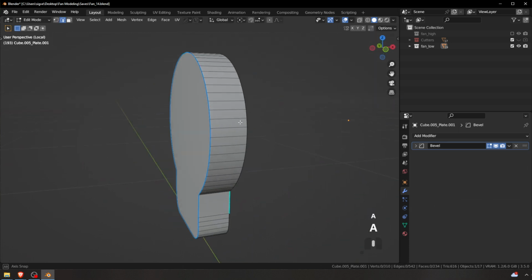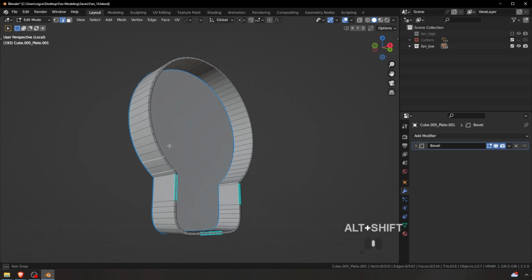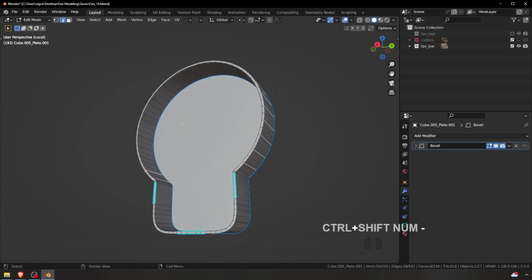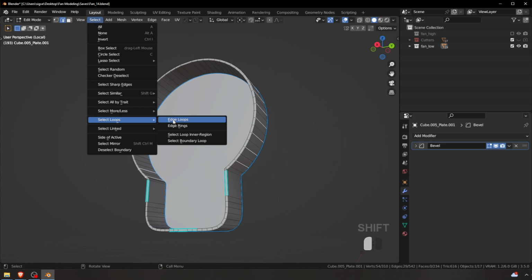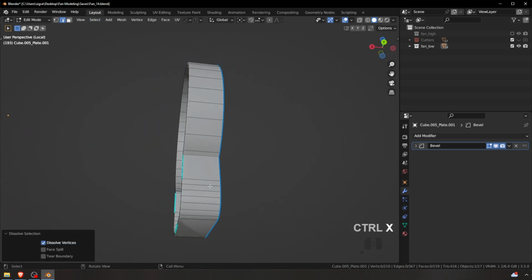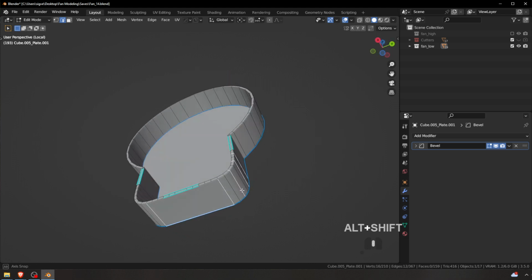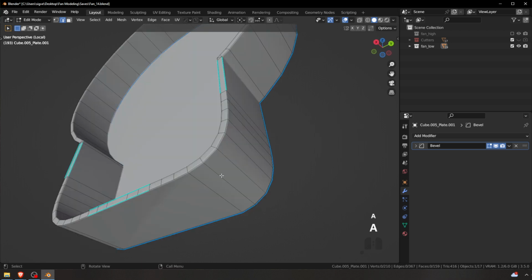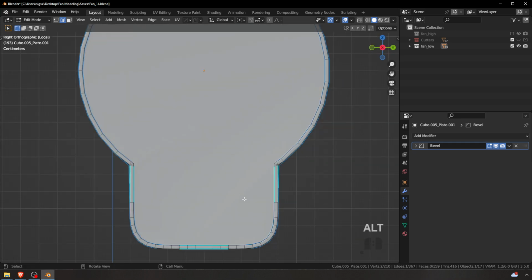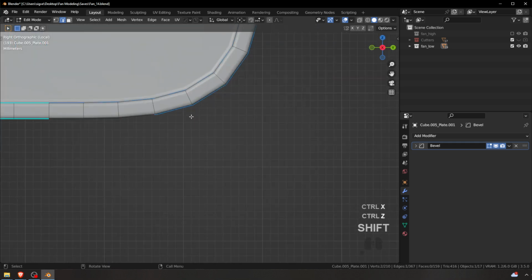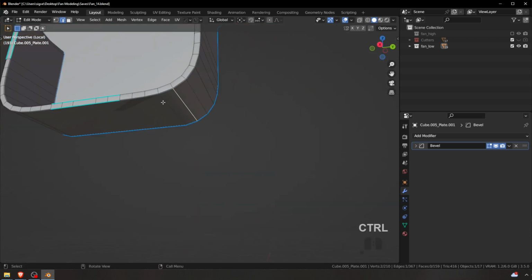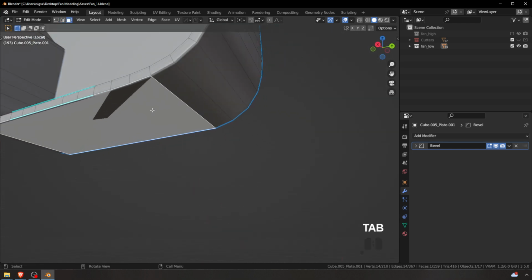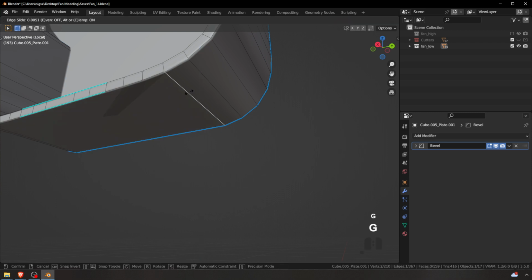Let's move on to this part. This part right here, just select all the way around, and then select edge loops, Control X to dissolve them. Do the same thing in here, select every other. So now be careful. If you end up selecting this one, usually select the other one, because if you dissolve this one, look what happens. Well, it's not that okay, not this one, this one. If you dissolve this one, it's basically going to change. So now this is a plane, and if you delete this one, it's just going to